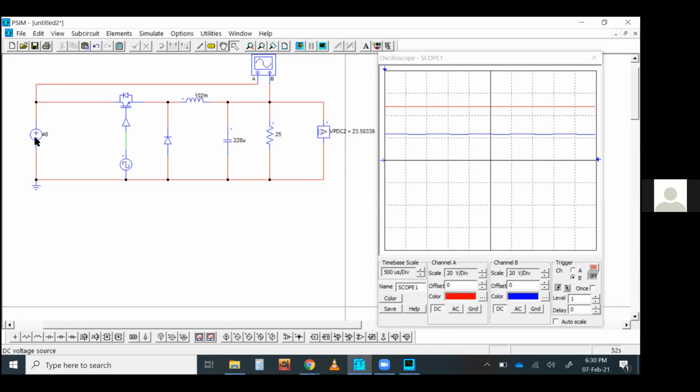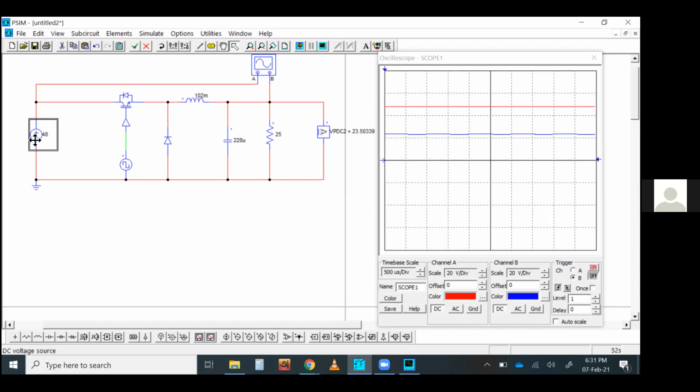The thing is, you are considering this 48 volt DC source as an ideal voltage source, which does not have any internal resistance. So you are giving 48 volt to the input of this DC-DC buck converter. Always, whatever the current the load is drawing, your terminal voltage is not changing. But that's not true. In practice, you will never get this kind of voltage source.